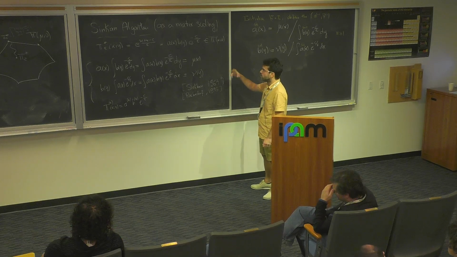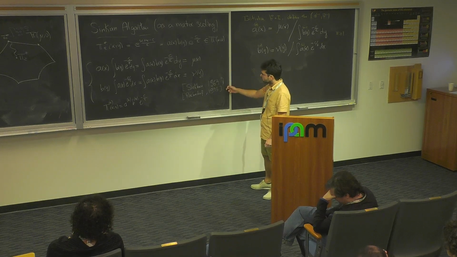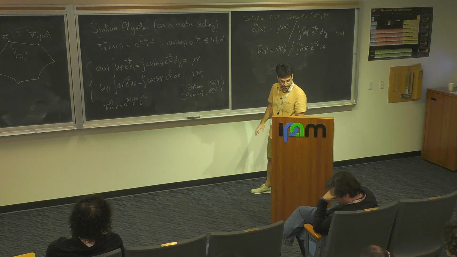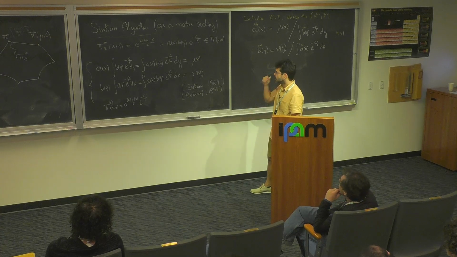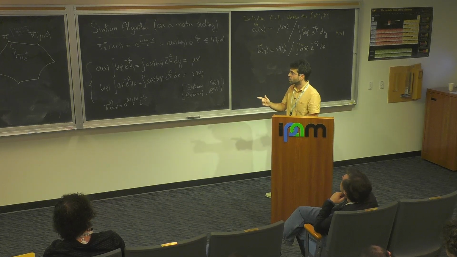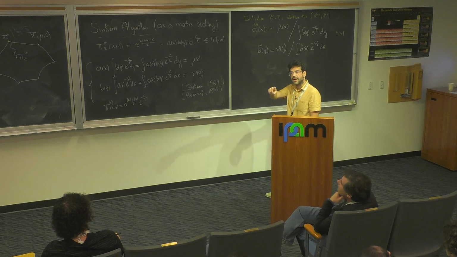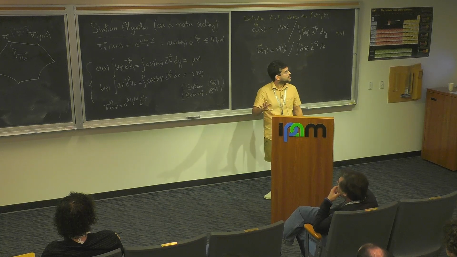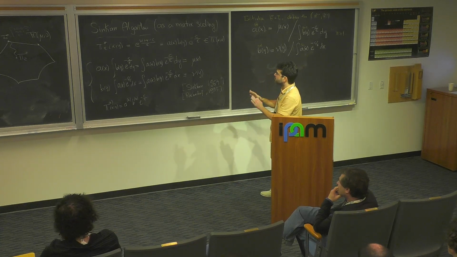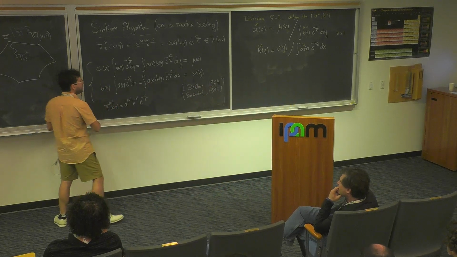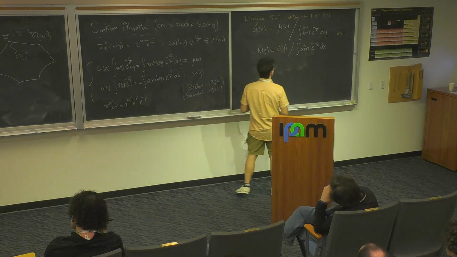Sinkhorn was the first one who proved convergence of this algorithm. Rothschild also did a proof in the continuous setting. And more recently, there are two proofs that are very elegant. The first one is by Franklin and Lorenz in 89, and another one in the continuous setting, based on the dynamical formulation, by Trifon and collaborators, that has a very nice geometric interpretation of this algorithm and why it converges. You can talk to Trifon if you want to know more.